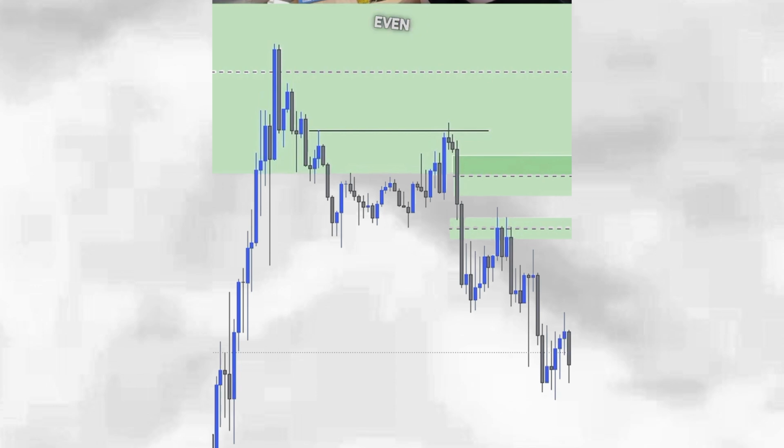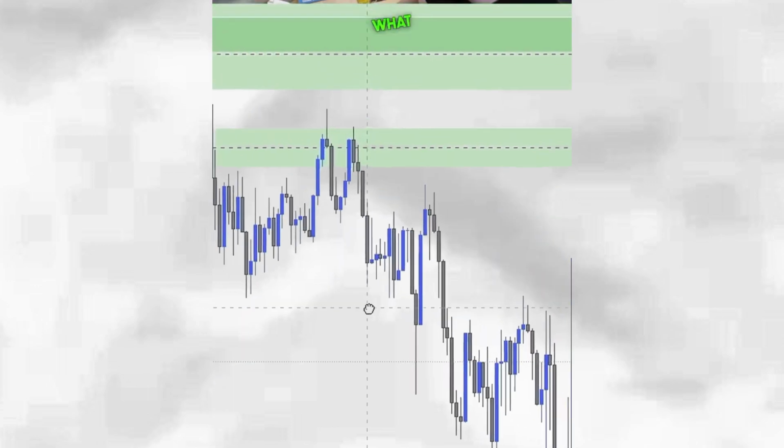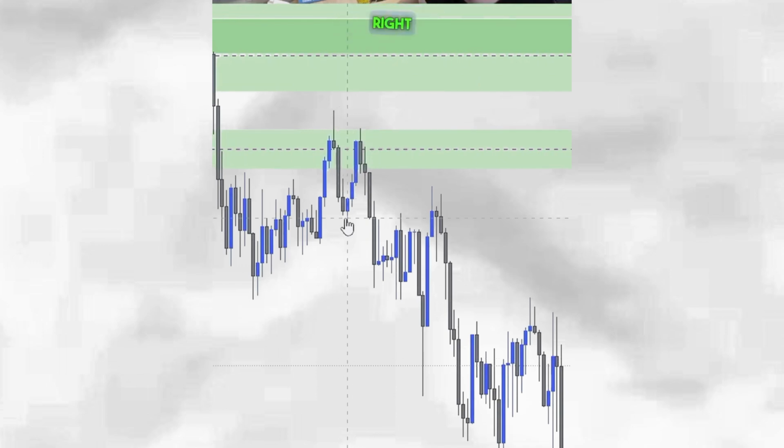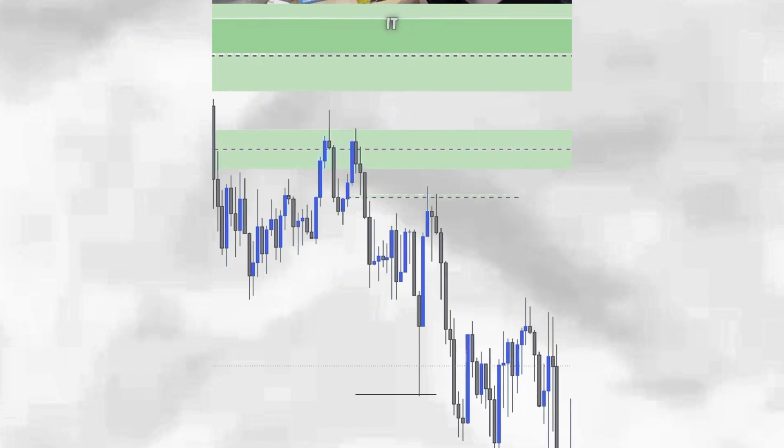So I'm going to go down to an even smaller time frame to see what price is looking like coming even lower. So I can see what would have been an excellent trade opportunity right here, because price came down, created this liquidity here, left behind a really nice imbalance and came right back into it, as well as coming into this order block. So you could have entered at the